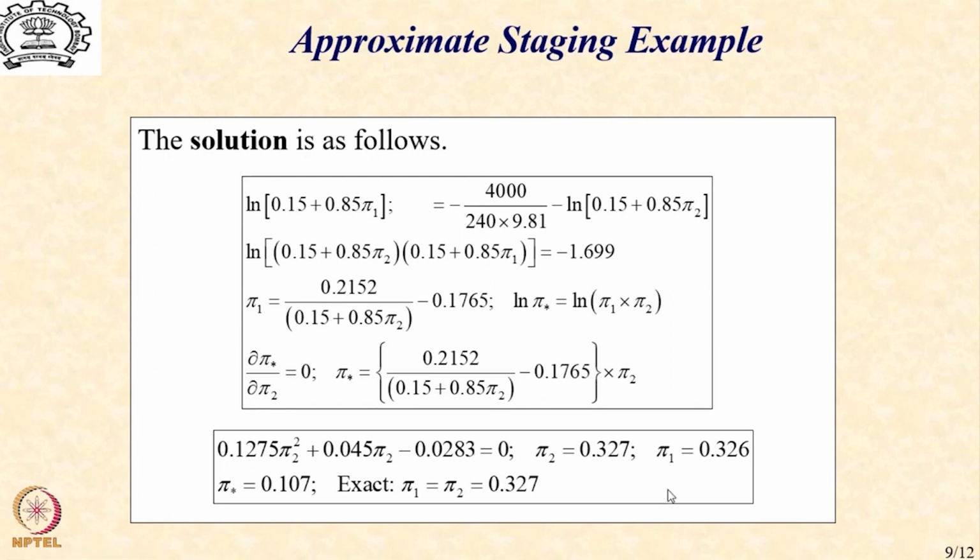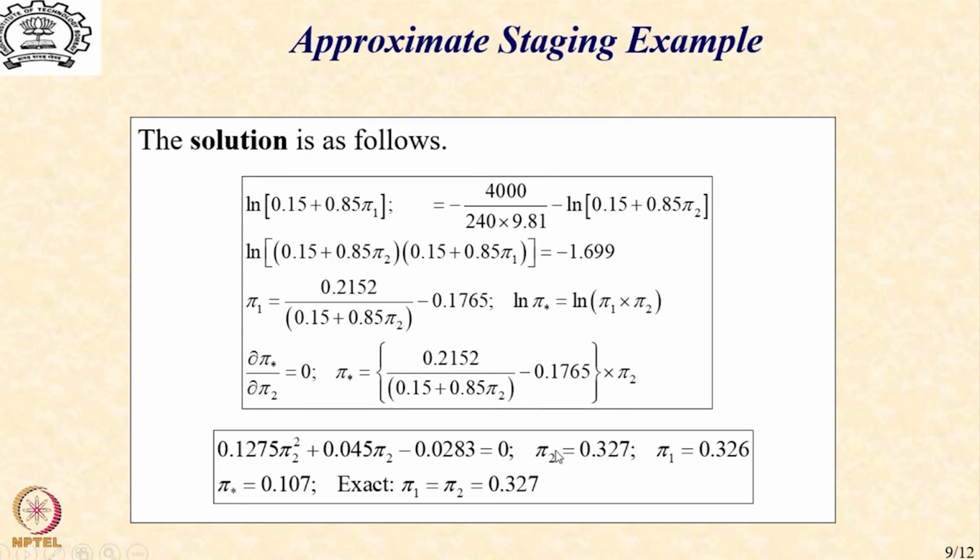Again, you will realize that because your pi star derivative is going to give us the quadratic equation, only one of the pi 2 solutions will be consistent, and the other pi 2 solution will be inconsistent. I have not mentioned the inconsistent solution, but I am mentioning the consistent solution, and you immediately see that the pi 2 turns out to be 0.327,